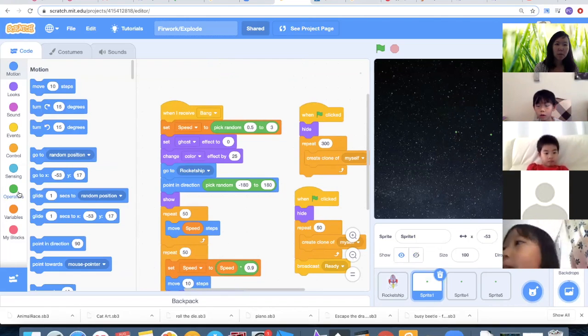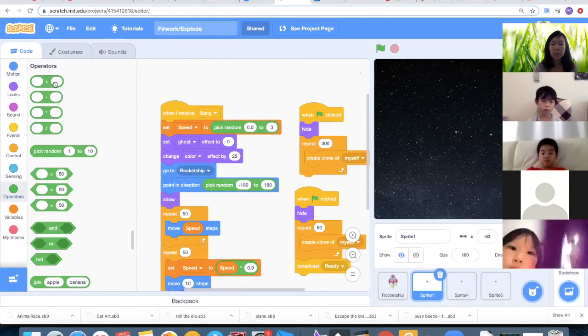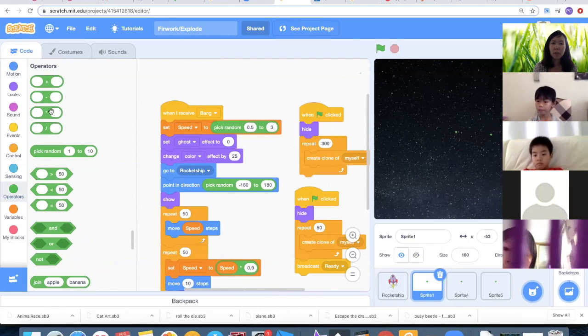So in this case, we need to calculate most of it using the multiplier and the operators here. There are different operations we can do: plus, minus, multiplication, and